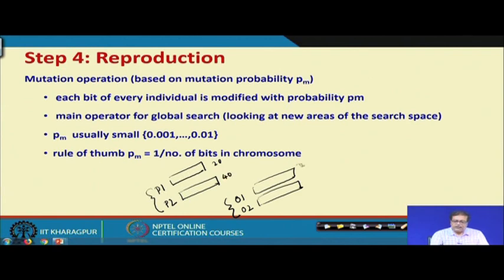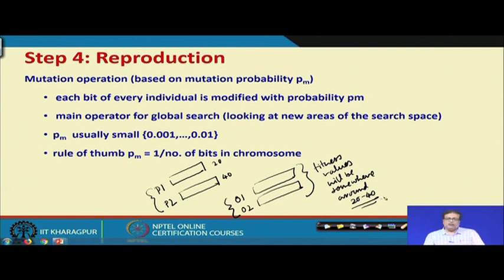Then it is usually seen that the fitness values for the offspring will be somewhere around 20 to 40, somewhere around, not exactly. It depends on problem to problem, obviously you cannot generalize like this, but